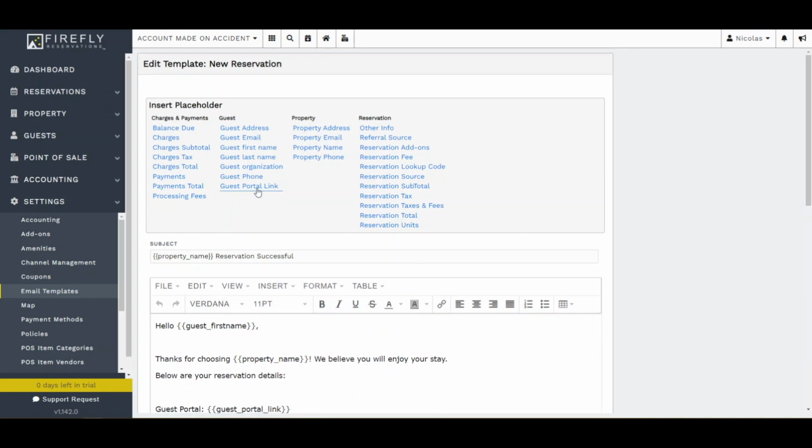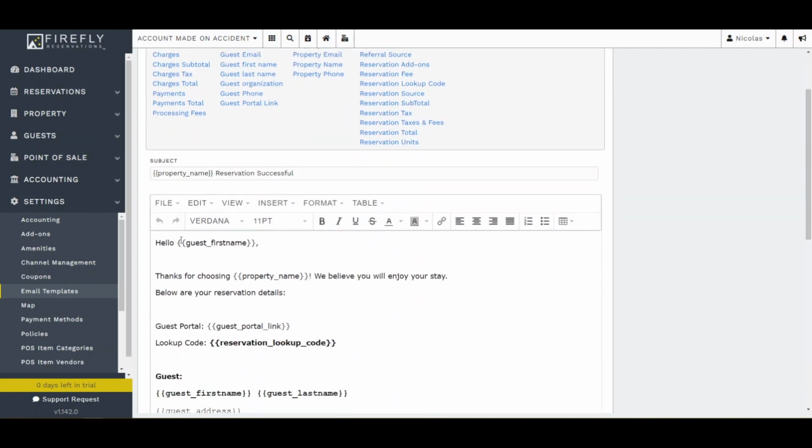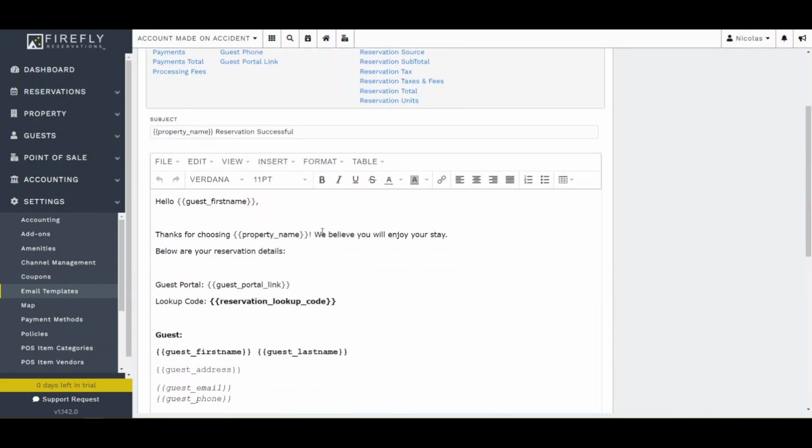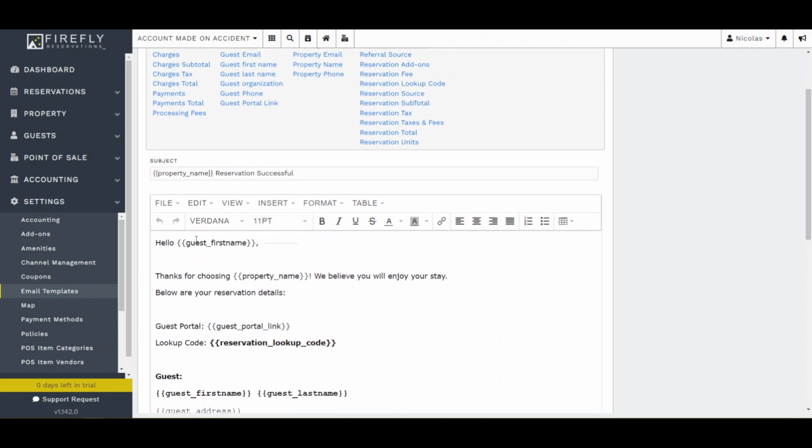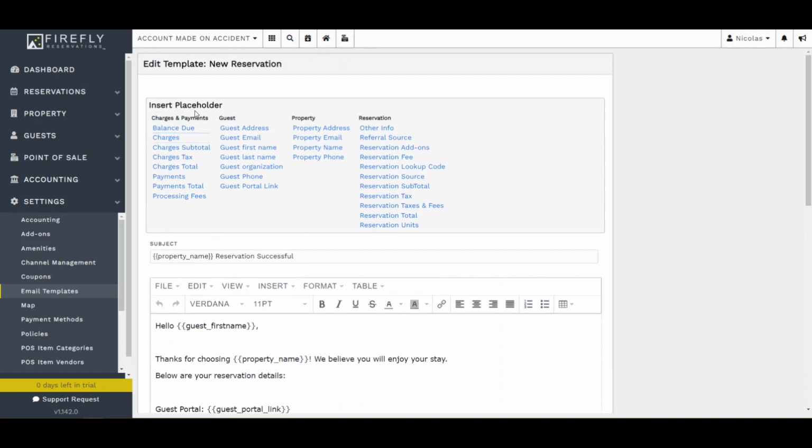When I click into it, I will then be led to the edit template screen for the new reservation email. Here, you can see the subject as well as the body of the email. Note, anytime in Firefly you see words within double curly braces, this is called a placeholder. A placeholder will be filled in with the specific information that is within the curly braces for a unique guest